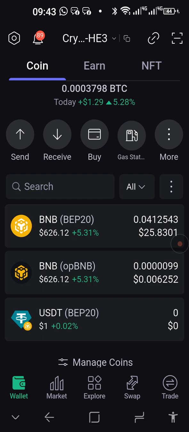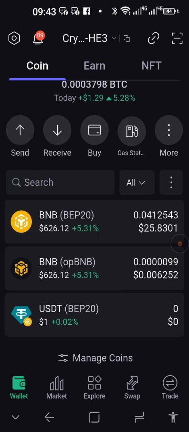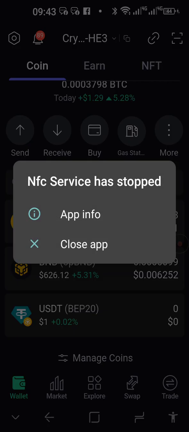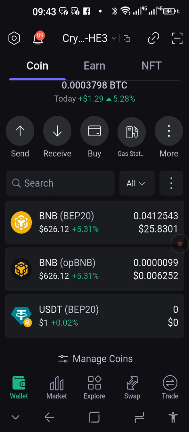So now I want to swap that for USDT. Right, I need 20 USDT. So you can see there's $25 in value there, 25.8. I still need to leave some for gas fees there. So I'm going to swap only 20.1. Why 20.1? Because you're going to pay for the gas fees to do the exchange or the swap as well. And I want to receive exactly 20 or more here.